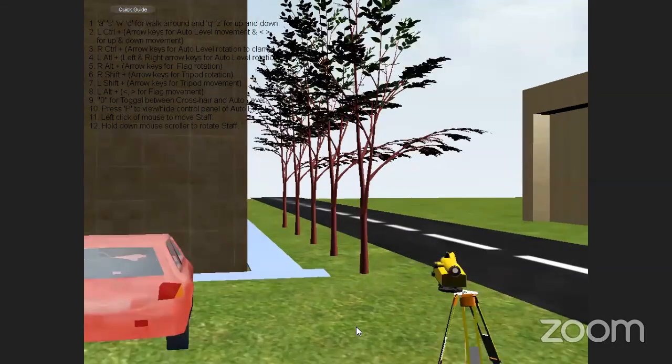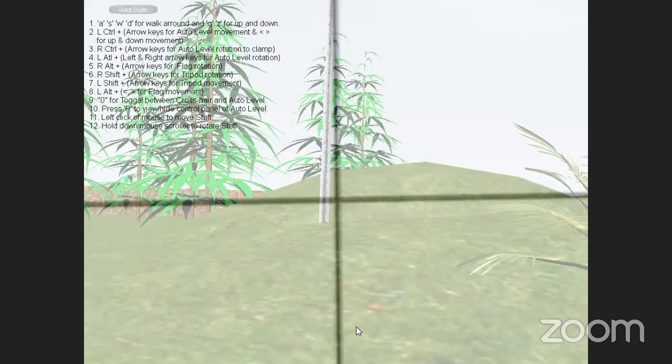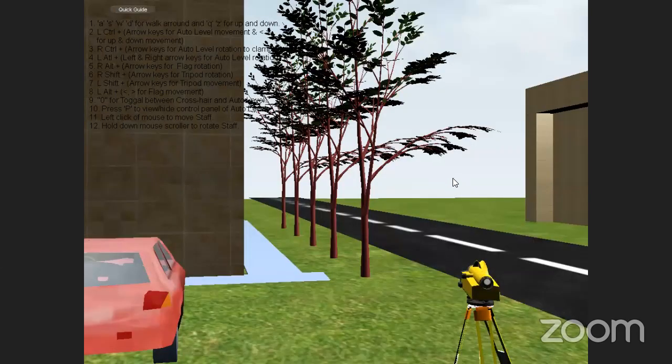Never press other buttons. You have to use the right control and arrow keys. Now it is going to move in a horizontal plane. Okay. Now the reading I am not able to see properly, so I am going to zoom this one a little bit.